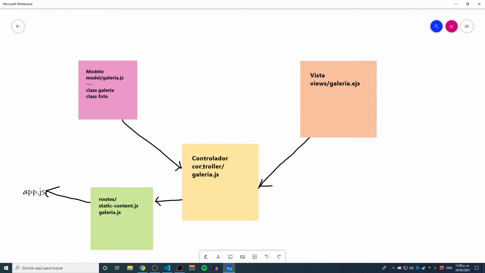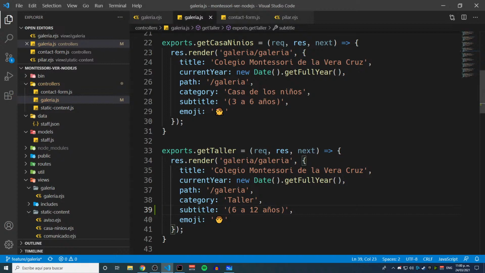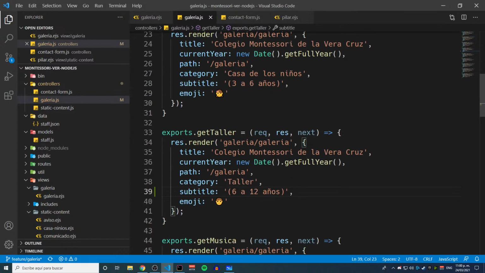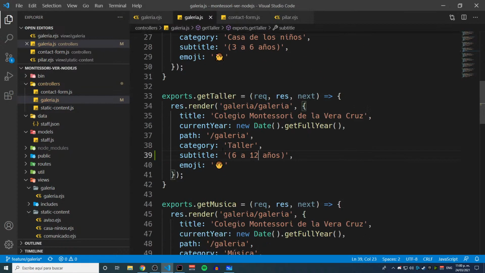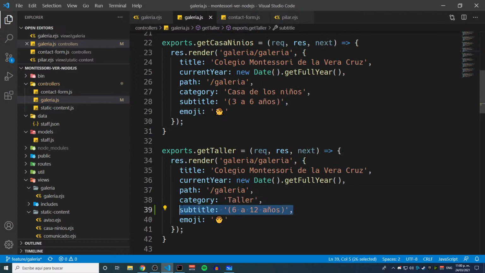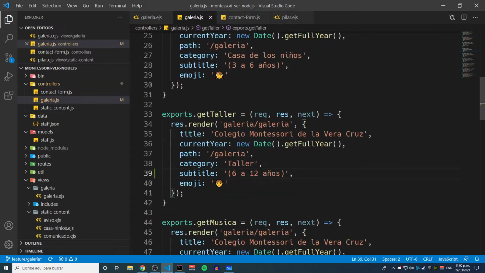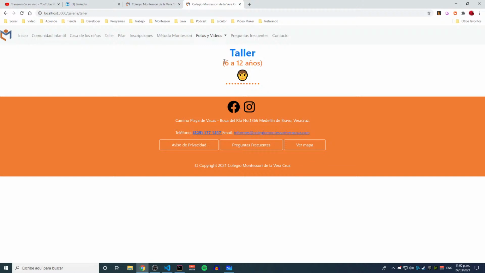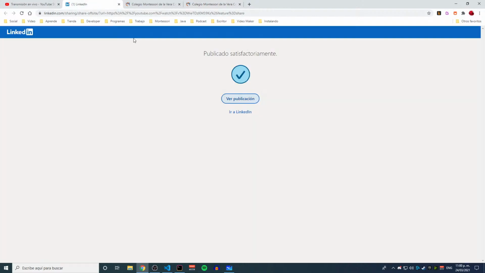I've been working on the controller, and this is the controller file for the Galleria. The only change I did was to add a subtitle, and that's what's been rendering here. There is only one single view, and most of these views don't really have